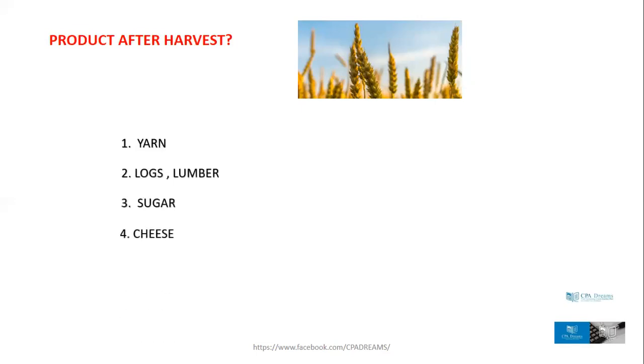Then we have cheese from dairy cattle, with agricultural produce milk, and then you can make cheese. Meaning these are already the end product. Then we have sausage and ham. Where do these come from? Of course, from the pigs, into agricultural produce carcass and then sausage, and then delivered to your supermarkets.